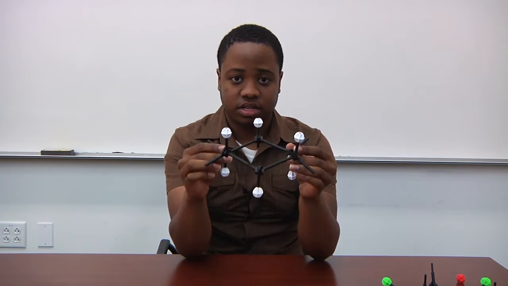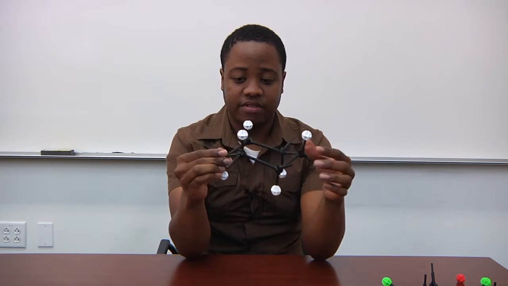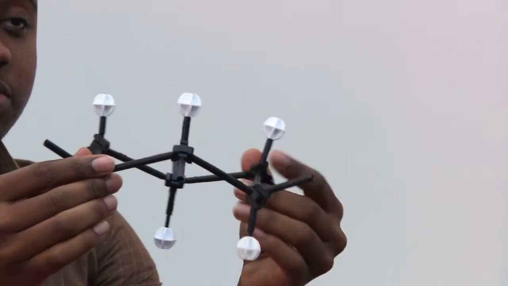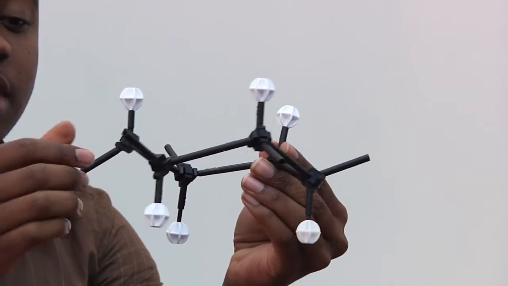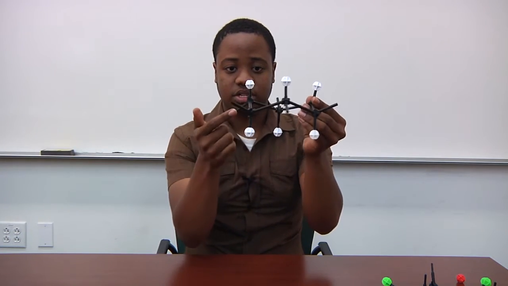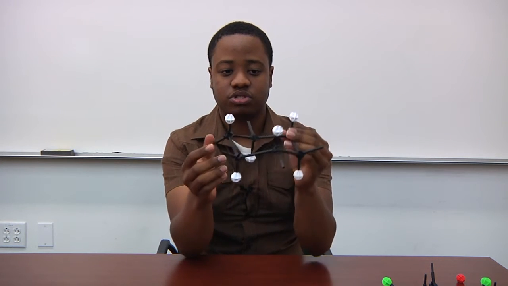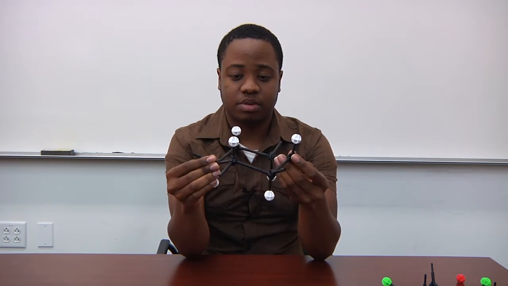If we see here, this is our chair conformation that we have. We have perfect sp3 bond angles because we're in the chair conformation, which is stable. If you take a look at these bonds here, they're completely staggered all the way around, which relieves our torsional strain. There are two different orientations that our bonds can be in.